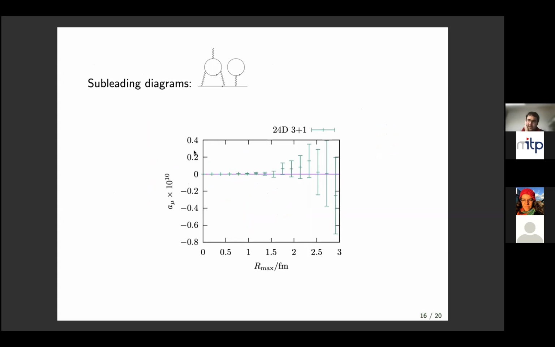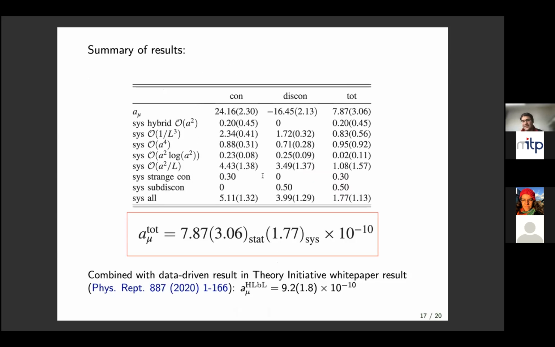Now, I also said that for the subleading diagrams, there's some progress there. They get smaller the more of these tadpole type loops you have. So I'm just showing this. You can see that while the other results are on the order of 10 times 10 to the minus 10, these you cannot really even resolve the signal from. So what you will do in the end is bound the size of them with a conservative cut here, between the distance of where you move them apart from each other. And that is exactly what has happened in these results right now.